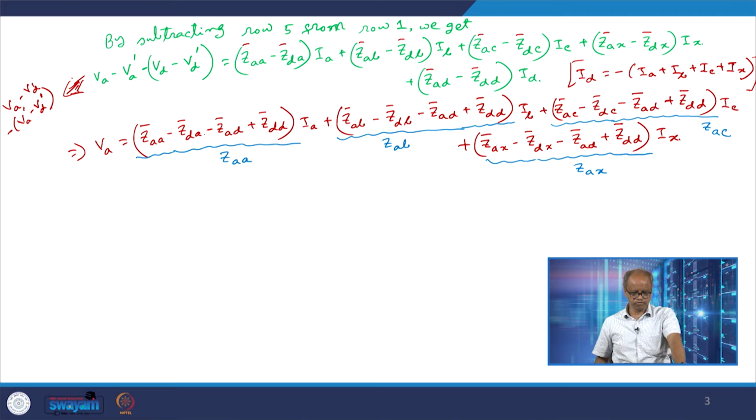If I subtract rho 5 from rho 3, I will get the equation for VC, and if I subtract rho 5 from rho 4, I will get the equation for VX. And if I collect all these equations for VA, VB, VC and VX and write them in matrix form, I will get